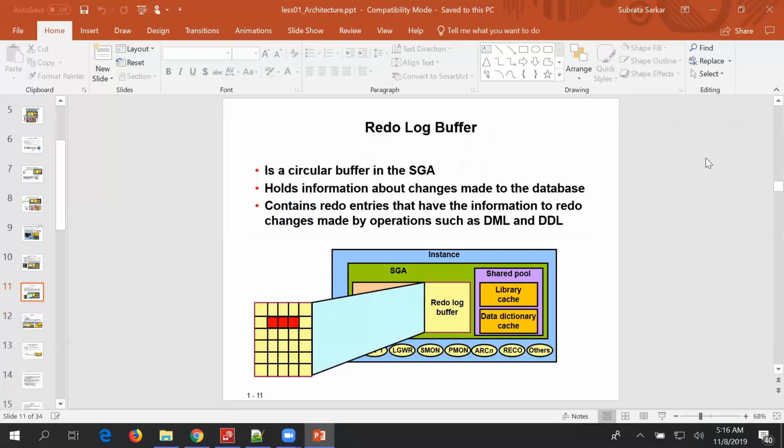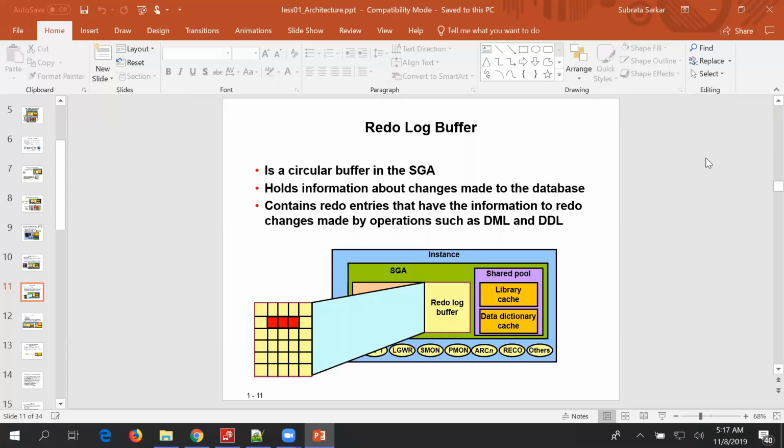The redo log buffer is a circular buffer in the SGA that holds information about changes made to the database. It contains redo entries that have the information to redo the changes made by operations such as DML and DDL. So to redo the operation, suppose you have written an update statement.